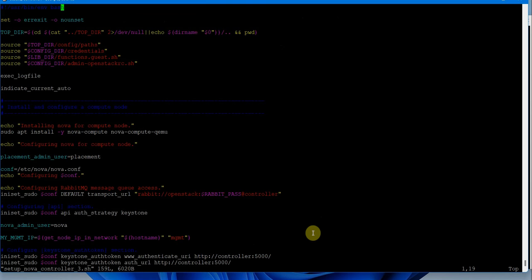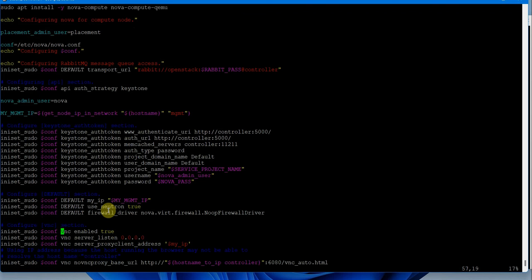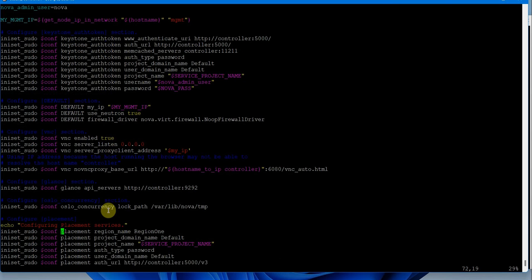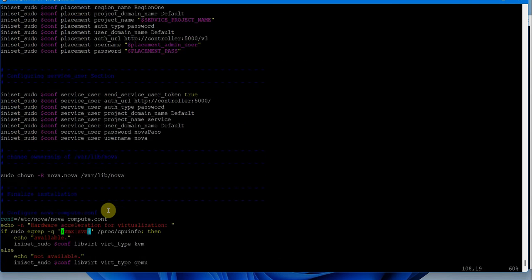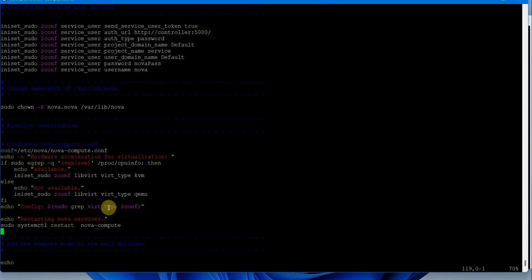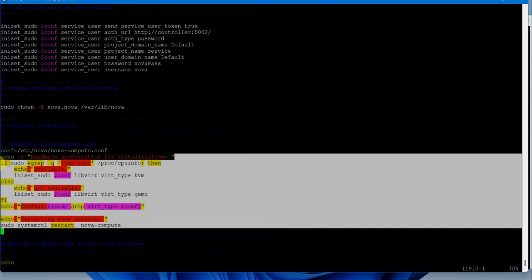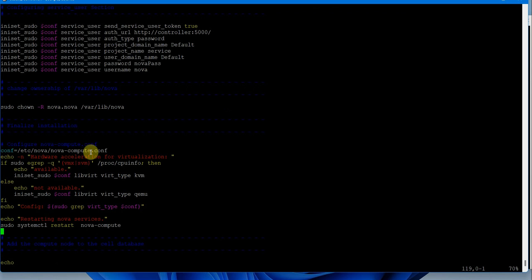Third script of Nova is doing what? It is configuring Nova as a compute node. It is installing Nova compute and compute QEMU, and then making changes into this file, Keystone authentication, default section, VNC section. But this is making it as a compute node now, because the important point here is checking whether you have KVM enabled or not. So if it is SVM or VMX,